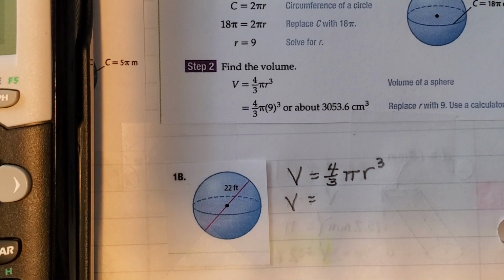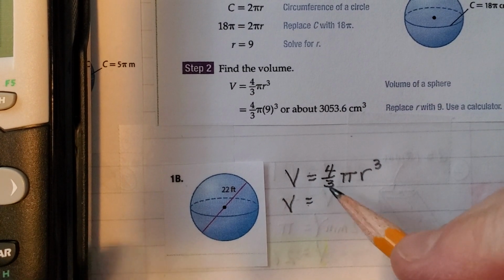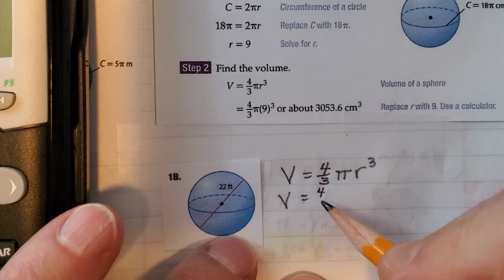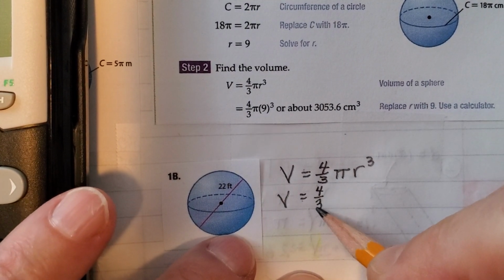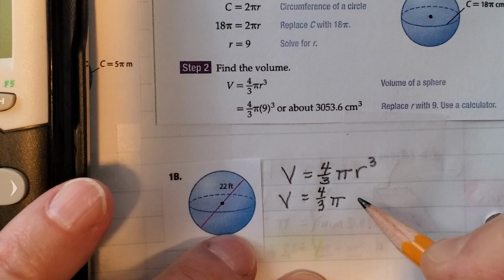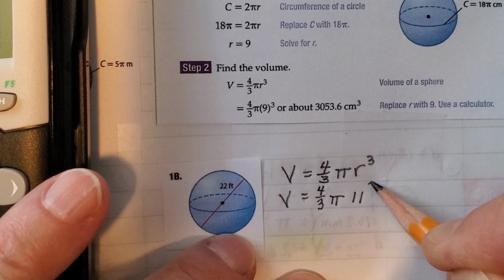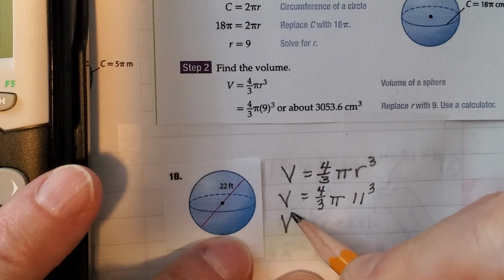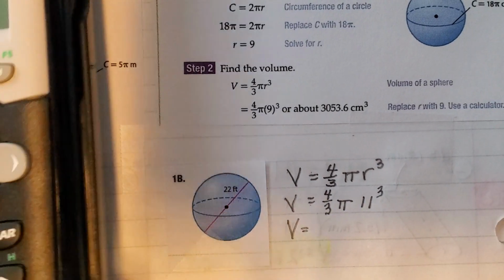All right, last problem. So in this case, we're going to go 4/3 pi r cubed, so 4/3 pi times 11, because that's half of 22. So if I go 4/3,